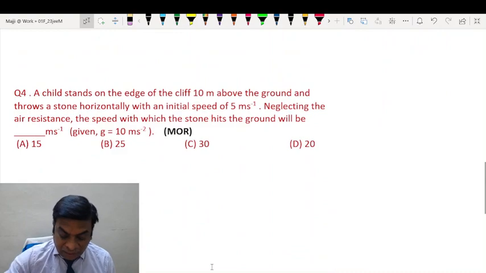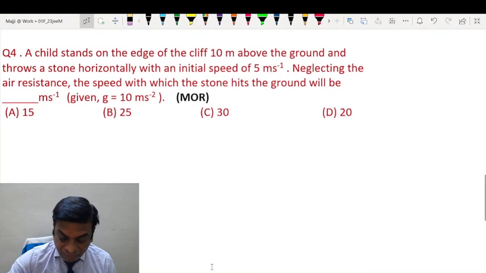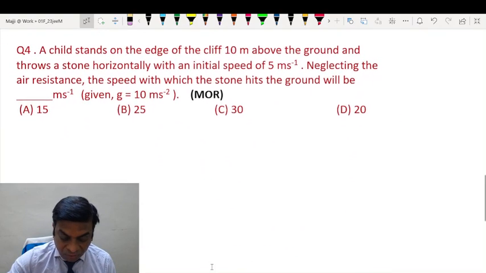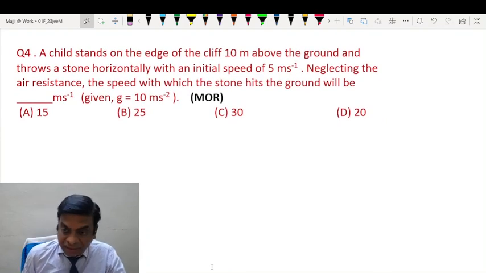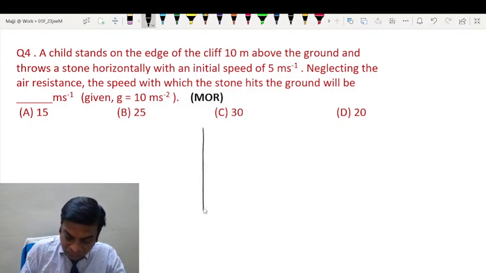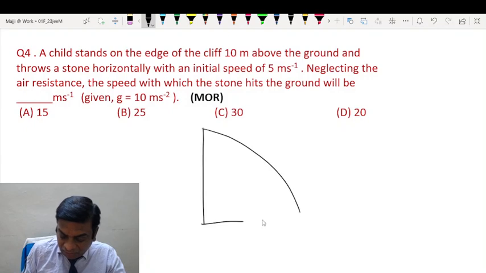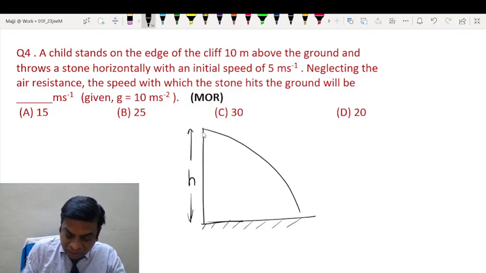A child stands on the edge of a cliff 10 meters above the ground and throws a stone horizontally with an initial speed of 5 meters per second. Neglecting the air resistance, the speed with which the stone hits the ground. What you can do is that you can straight away apply the law of conservation of mechanical energy in these cases. Suppose h is the height from which the ball has been thrown. Okay. Suppose initially it is thrown with the speed u, and if it strikes the earth's surface with the speed